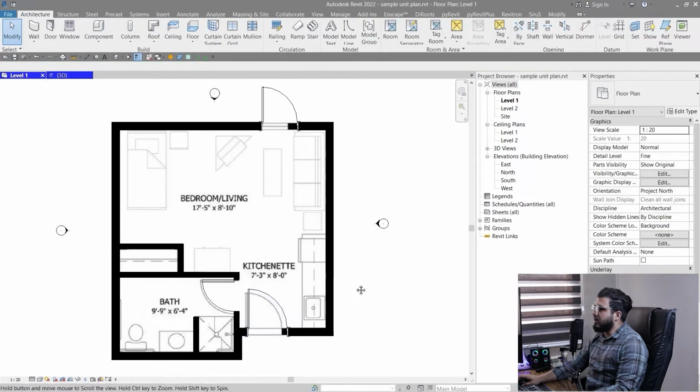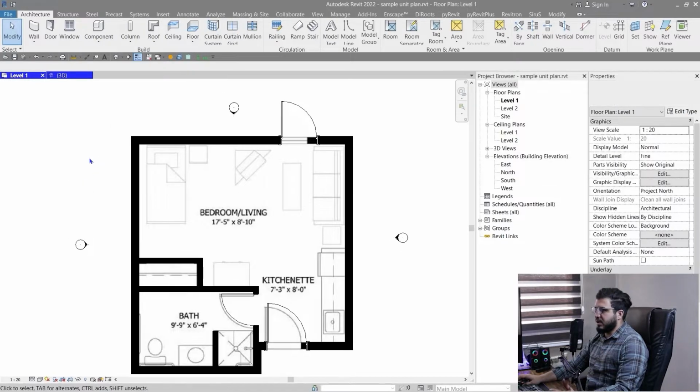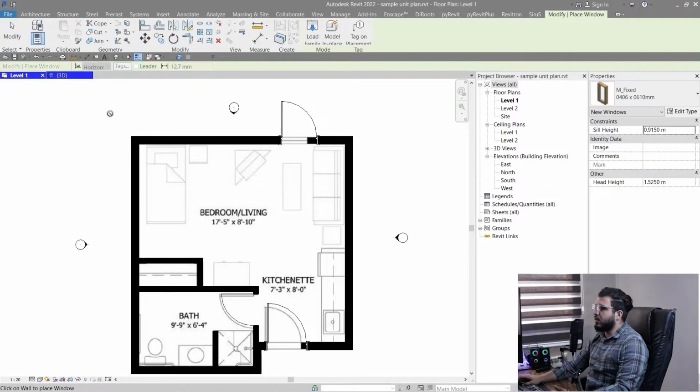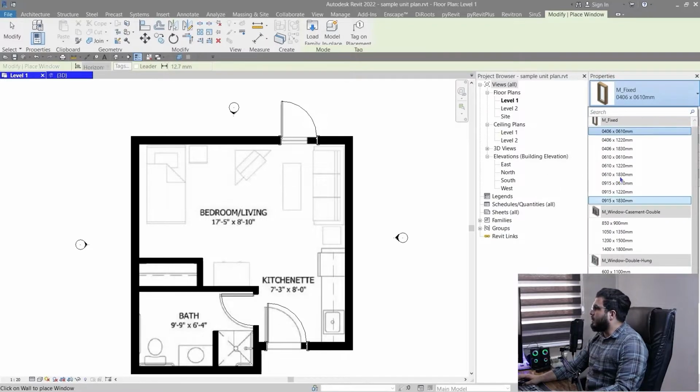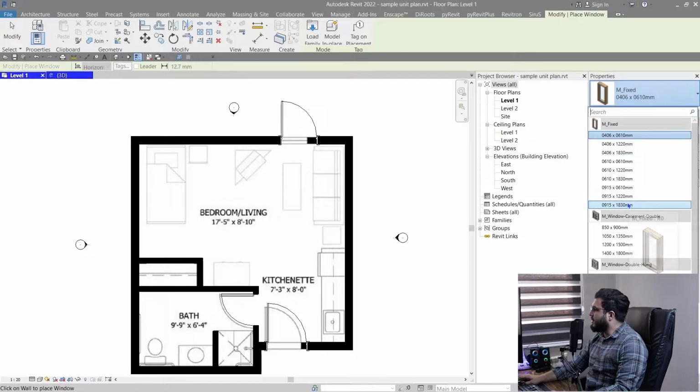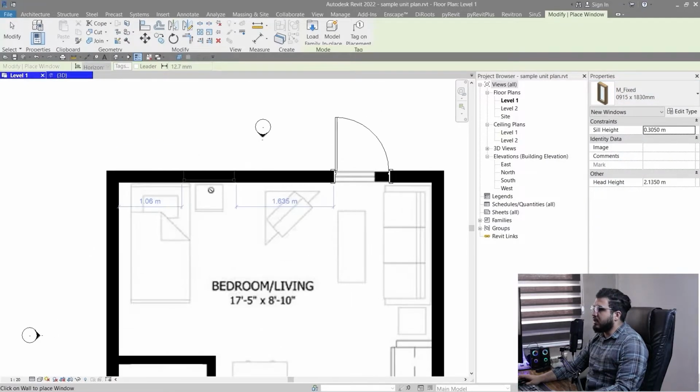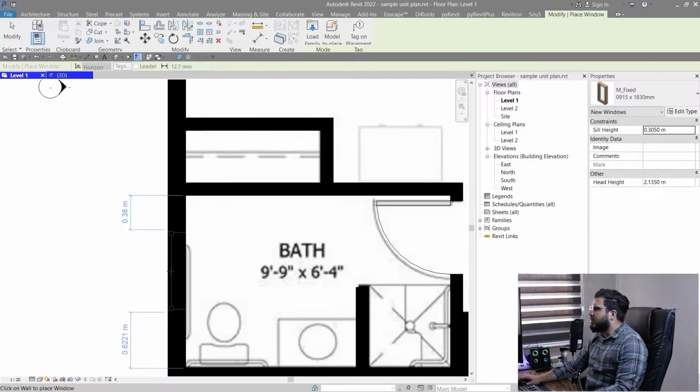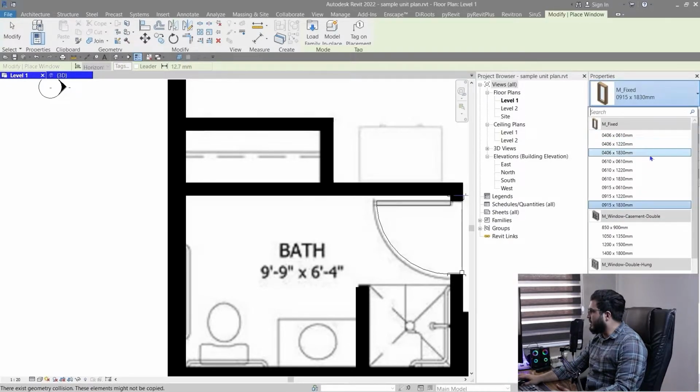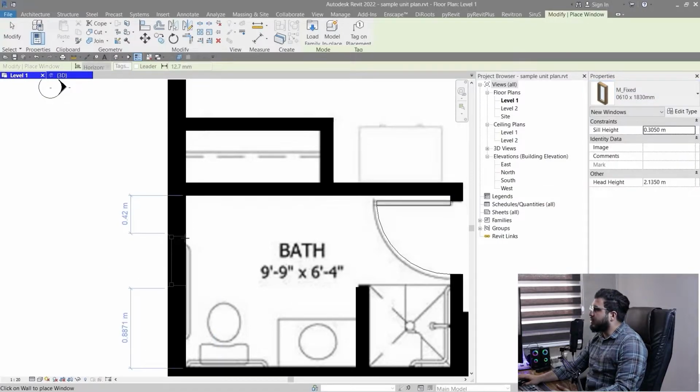And let's learn about the windows. For windows, this is the same, and there is no additional parameter in here. Just click on window in here, or WN for the shortcut. And by default in here I have three kinds of windows. For example, let's select this one, and then we can place it wherever you want, and then you need to specify the sill height. For example, let's put it on 70 centimeter, and let's put it on a smaller type,